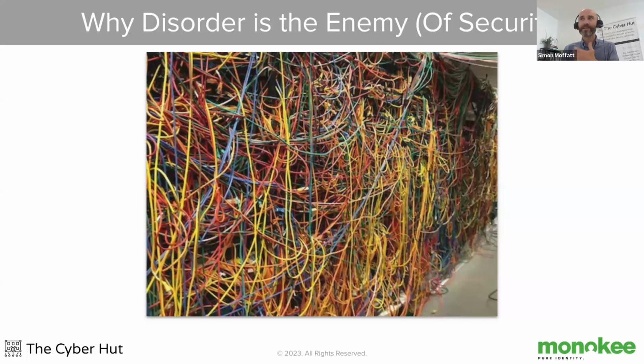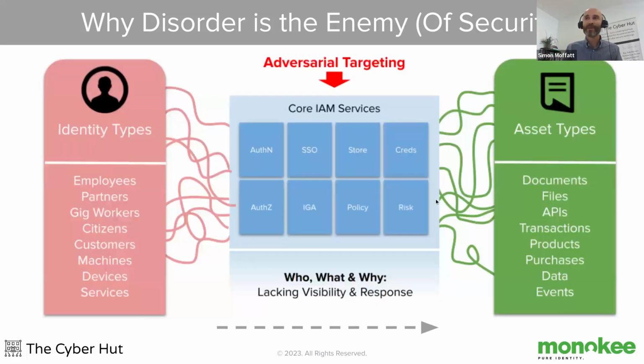And clearly, disorder here is the enemy of, I think, not just security, but good operations, good management, good visibility, good hygiene, the ability to be agile. Very difficult to add in a new server and port and everything in that diagram. And if we take this mental image and apply it to the identity world, some organizations see something similar, and the tentacles and the wires here could resemble this,